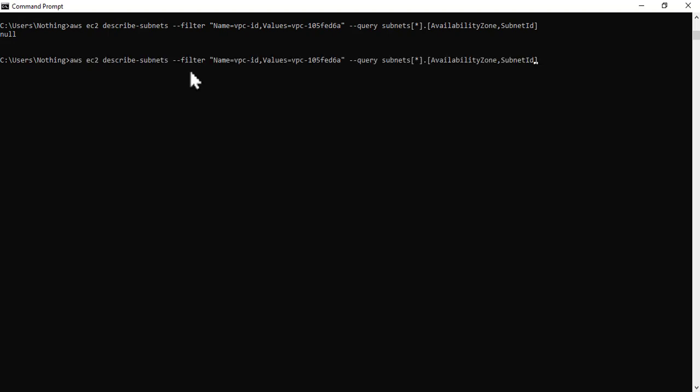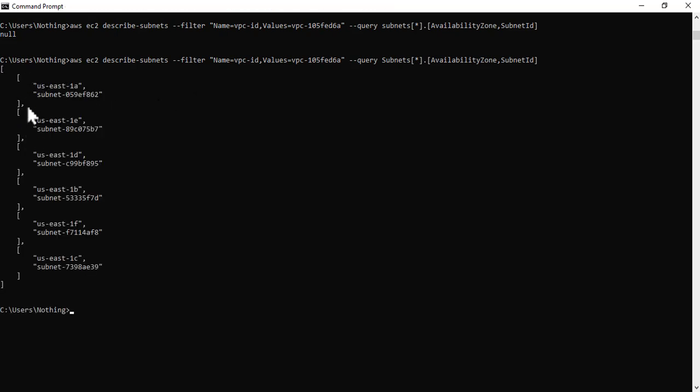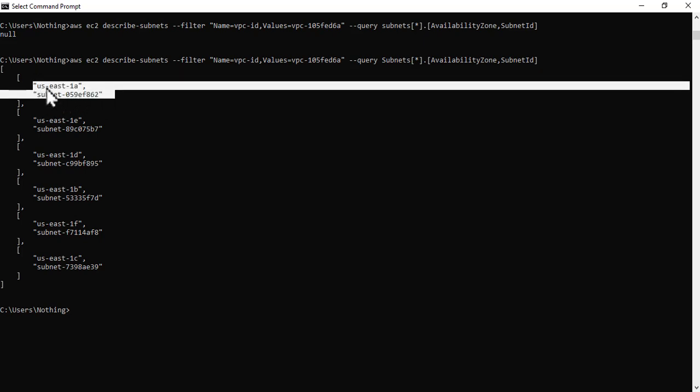So let me fix that up. And now we have the desired result. So for example, if I am looking at using this subnet, so let's copy it and keep it with ourselves so that we can use it later.